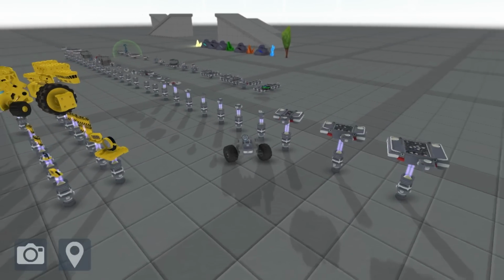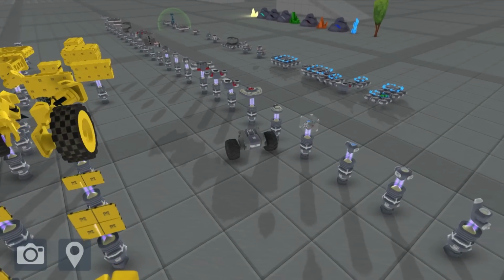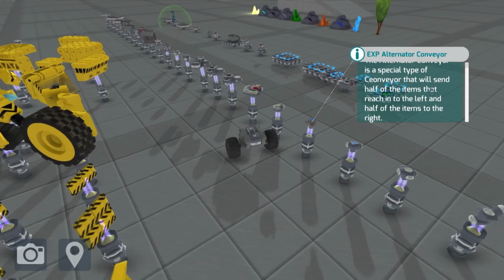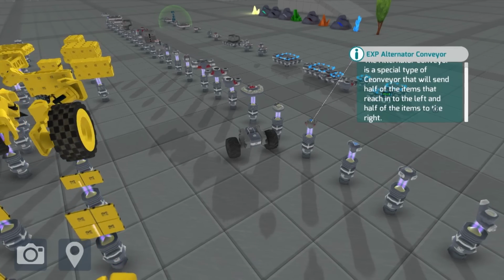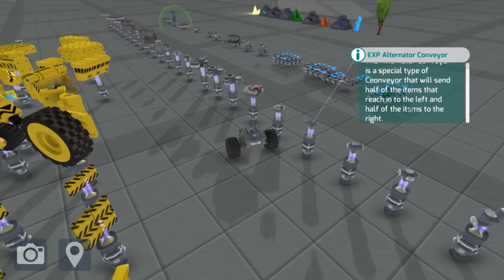I believe there is something new over here, I think. Yeah, this guy, I think. Yeah, the alternator conveyor. The alternator conveyor is a special type of conveyor that will send half the items that reach it to the left and half the items to the right. So basically, if you want to...